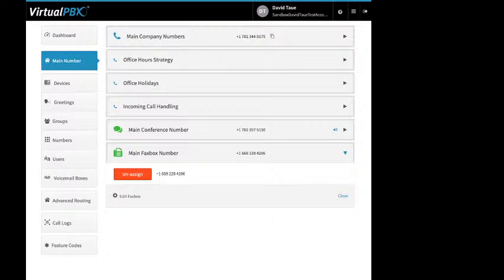One thing to keep in mind about the main fax box number, if someone calls that number, like from a phone, and they hear the fax tone and it hangs up, you will still get an email notification letting you know you had a failed